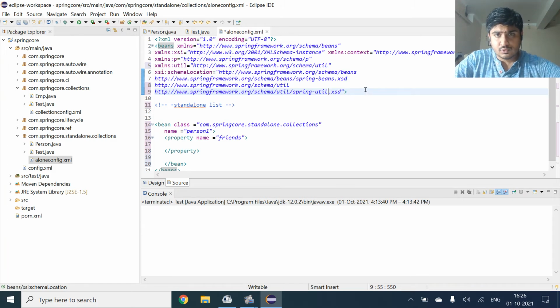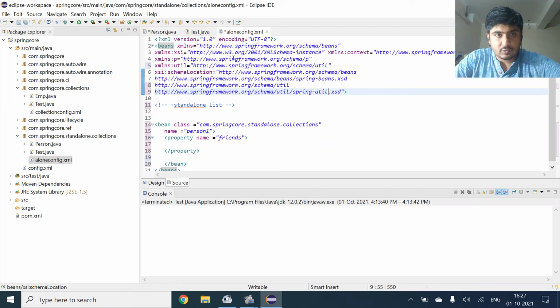So now we can use util schema because we have inserted all the basic XML commands for beans which were required for util. The p schema we have taken and we have just edited into util.